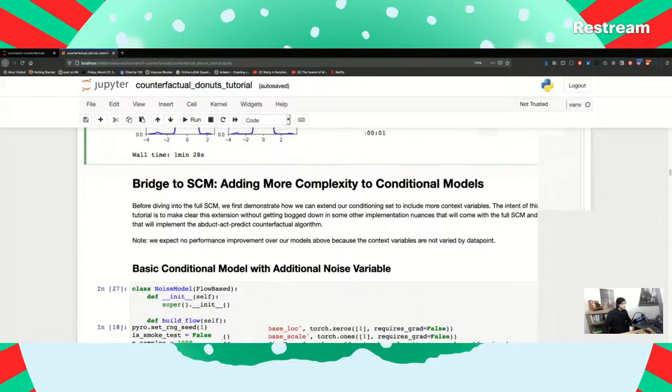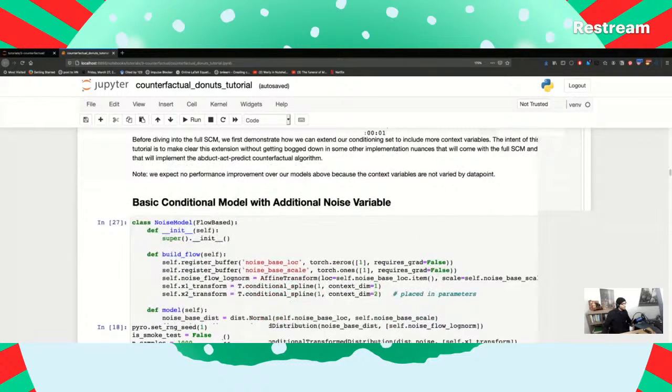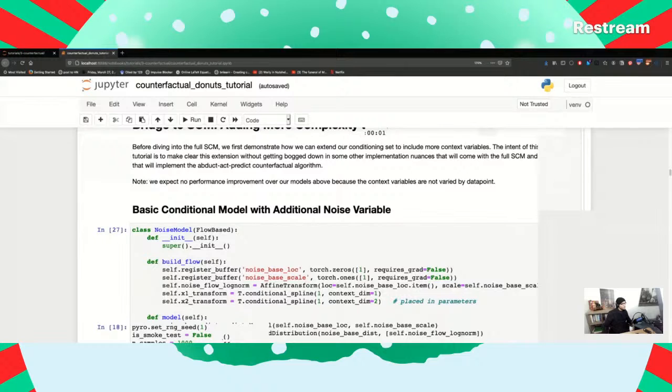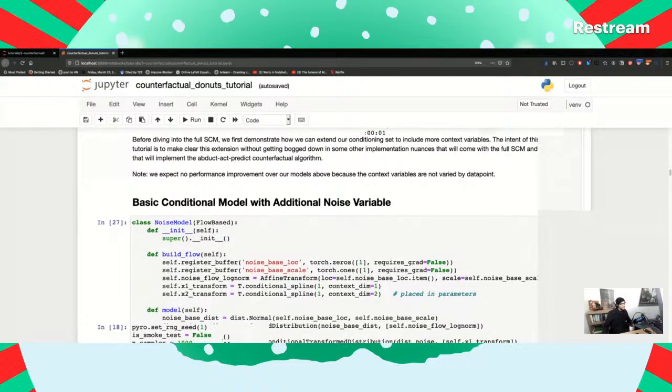All right, adding more complexity to conditional models. Before diving into the full SCM, we first demonstrate how we extend our conditioning set to include more context variables. The intent of this step in the tutorial is to make clear this extension without getting bogged down in other implementation nuances that will come with the full SCM and the methods that will implement the abduct, act, predict, counterfactual algorithm.